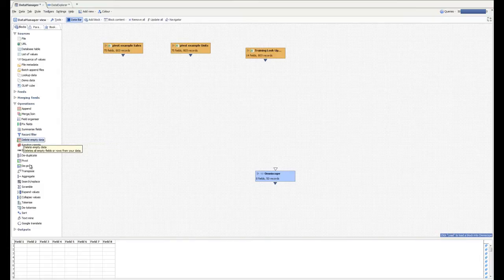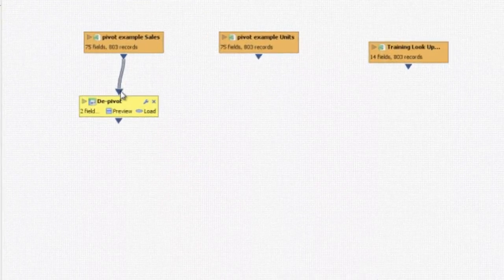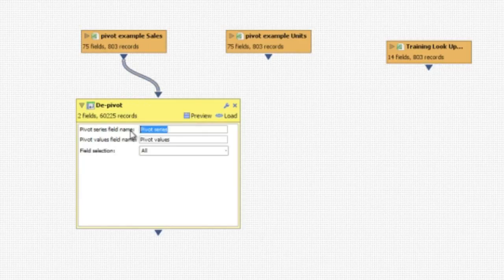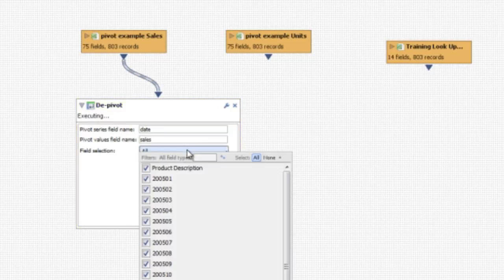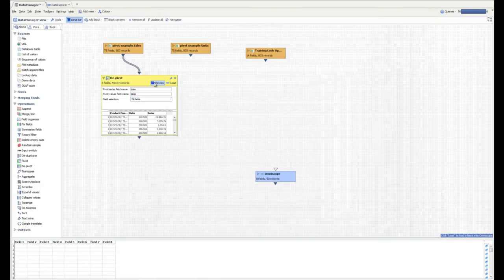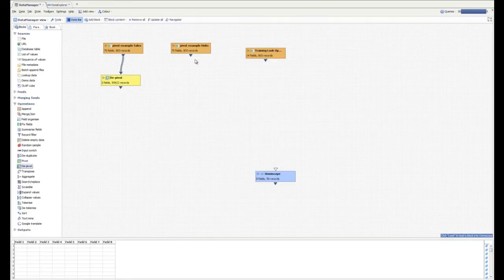So back in operations on the left hand side of the screen, this time we're going to choose a depivot and then connect our data block. The depivot works just as it did previously in Omniscope, so I need to give the pivot series field name a new name, in this case date, and the values a new field name called sales, and then choose the fields that we want to depivot. So we can see that's now executed, and if we preview the data we can see that we have time down. I'm going to quickly perform this operation on the second set of data as well,